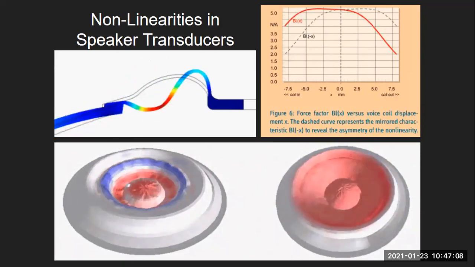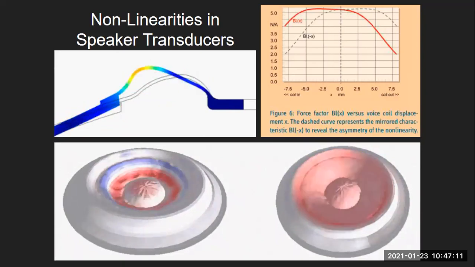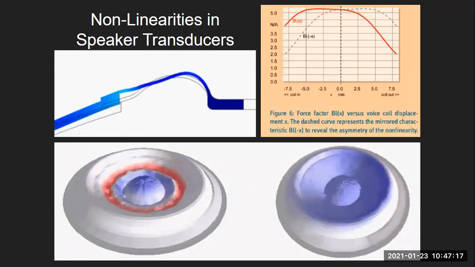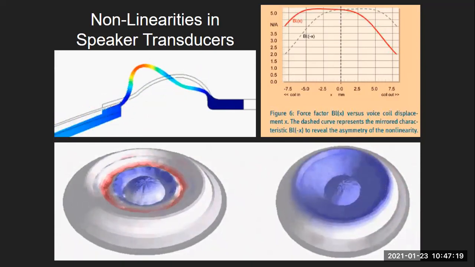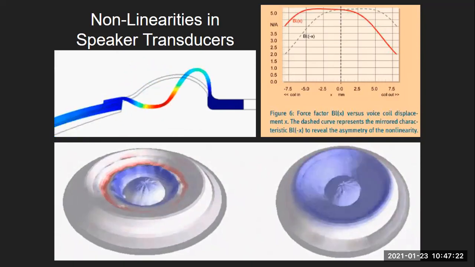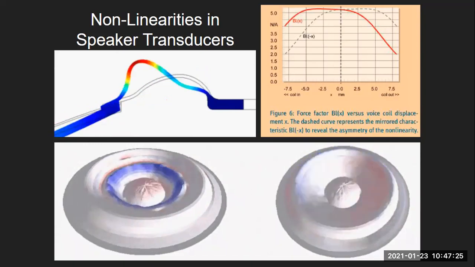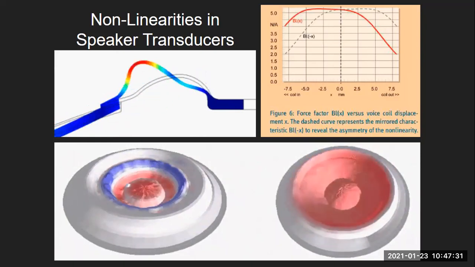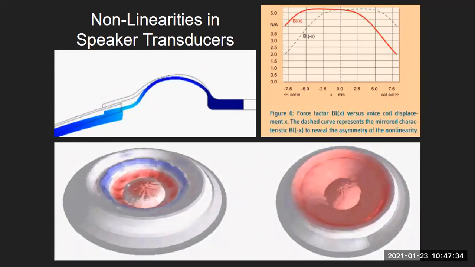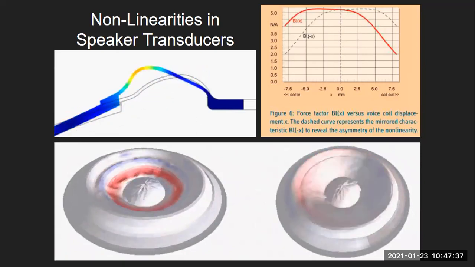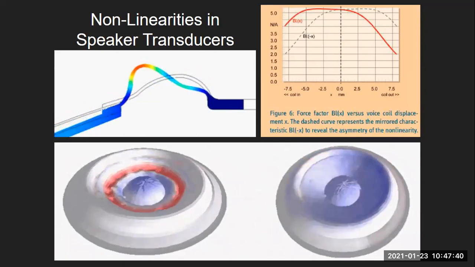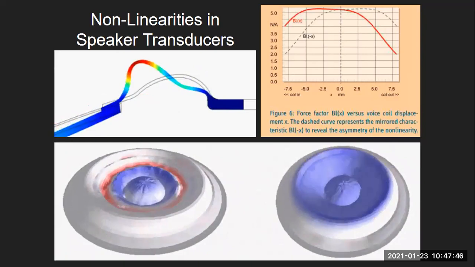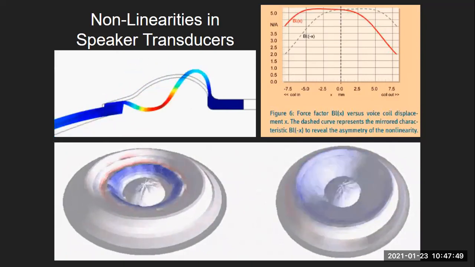So what's happening there is that now you've got certain areas on the cone that are moving backwards while other areas of the cone are moving forwards, and so you end up with this huge phase distortion. But it sort of scatters the sound as well. Sometimes people design for that, which is weird, because then you typically get higher harmonic distortion and phase distortion, which results in frequency response distortion. But sometimes you just kind of deal with it. And then on the right, we have what it should look like if it was perfect pistonic motion, where you have perfect positive, negative pressure, everything's moving as one.